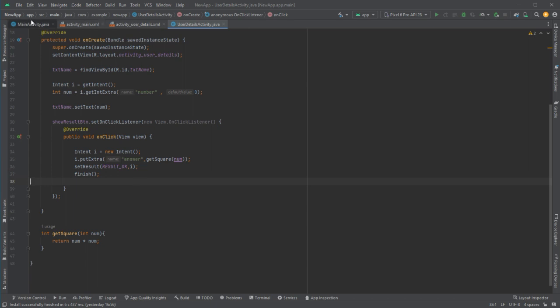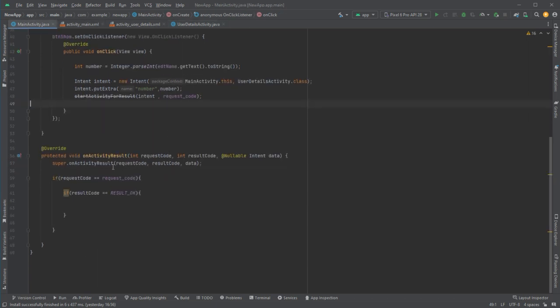Now in the on activity result method, which is an overridden method in the activity, I'm checking if the request code is the same or not. The request code returned by on activity result is matching my request code or not. If it is matching, then only I go inside to check the other code. If the result code is also matching,